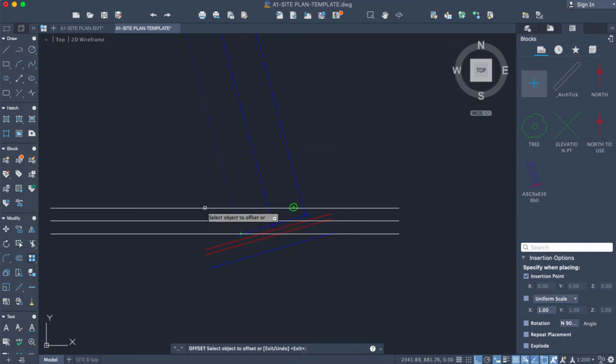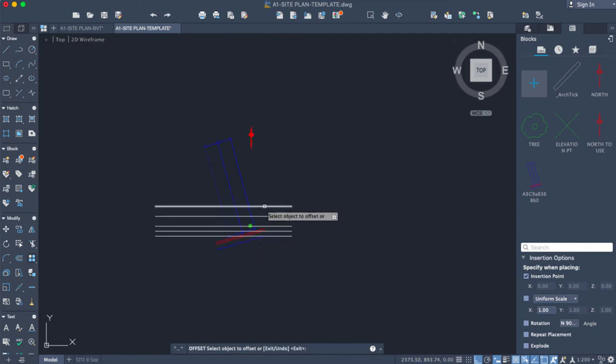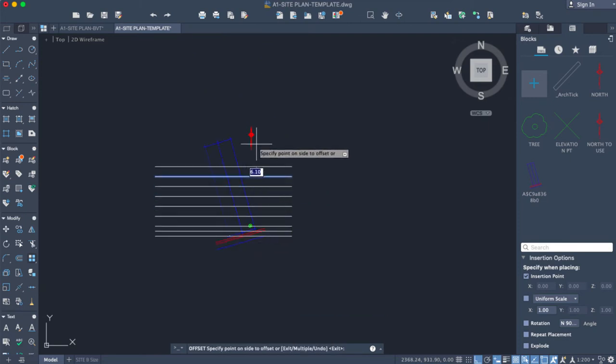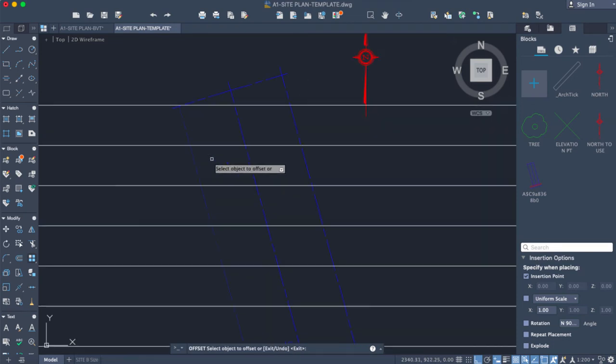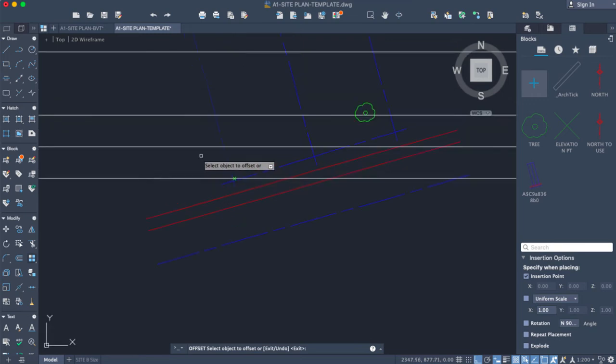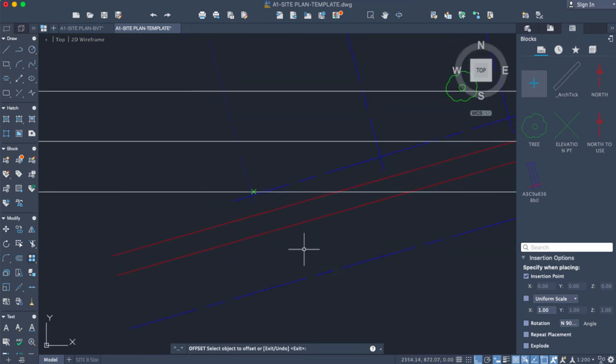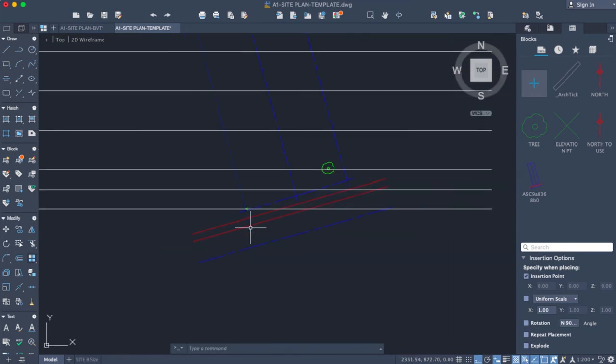Make sure you're using the offset command, offsetting it 6.10 all the way up. So once you get that, the next thing I want you to do, before we add all those points on the drawing,